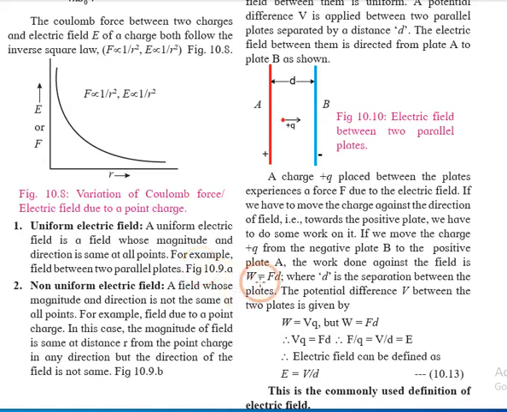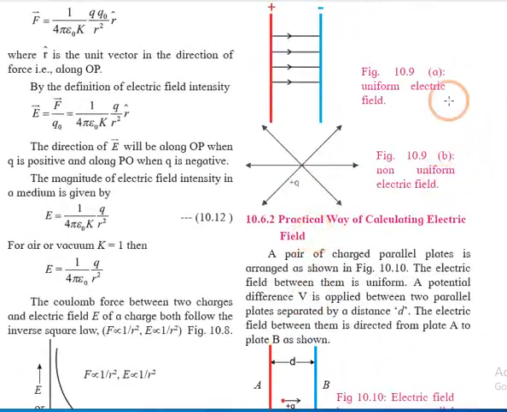You can see it over here in this diagram. What is happening here? They are parallel with same magnitude and direction. They are different. That is non-uniform electric field. So a question might arise: write a short note on types of electric fields. You have to define both, that is uniform and non-uniform, and give one example as this diagram or any example which you want.